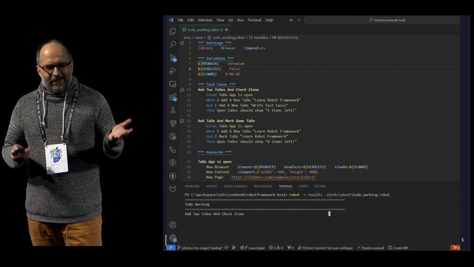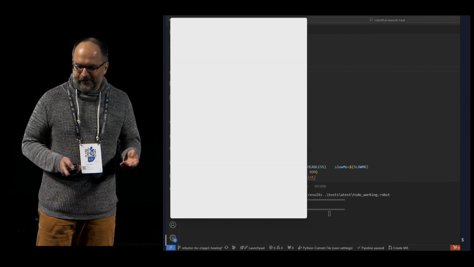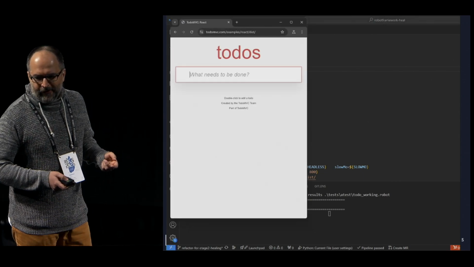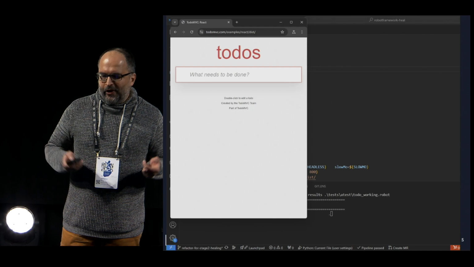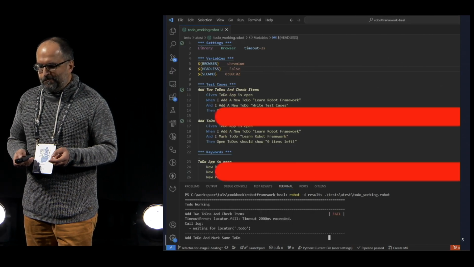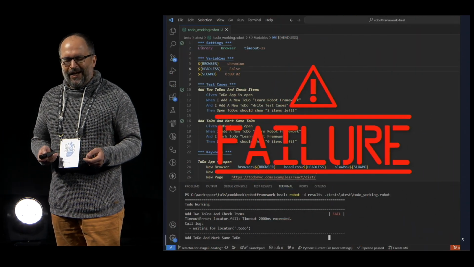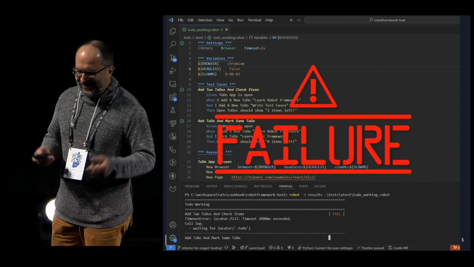I guess you know the answer. Yes, exactly. It will still open the web browser, but on the first occasion, it tries to enter the to-do. Failure. I mean, we don't have that in reality, but